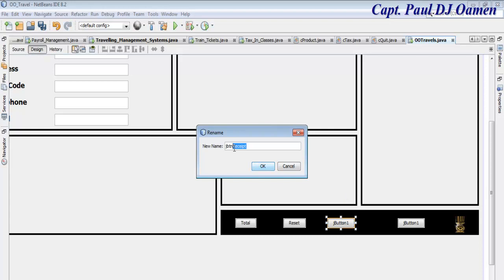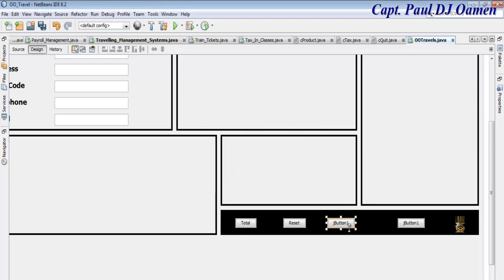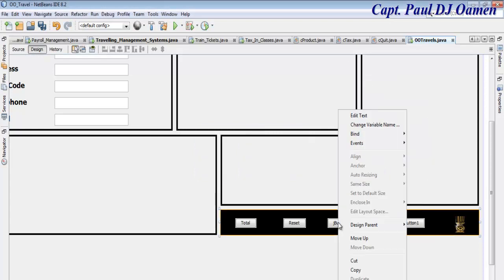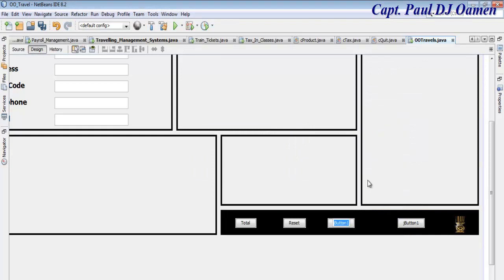I'm just going to copy the receipt part of it and right click on it, change the text content to reset, and finally this will be known as exit, and change that to exit. The variable name will become